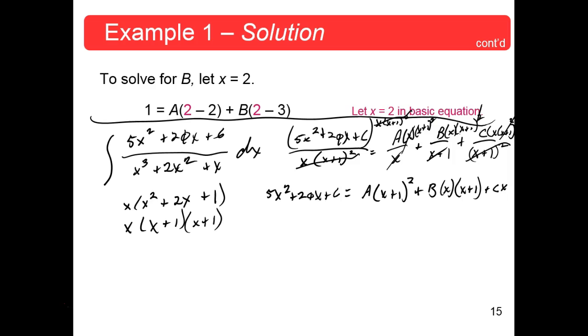Pick a couple of convenient x's. What's one very convenient x? -1. x equal -1 will certainly be a good one. So you plug in x equal -1 to both sides of this. What does this give you here? 5. It's -1 squared, which is 1, times 5. Okay. Next, minus 20 plus 6 equals